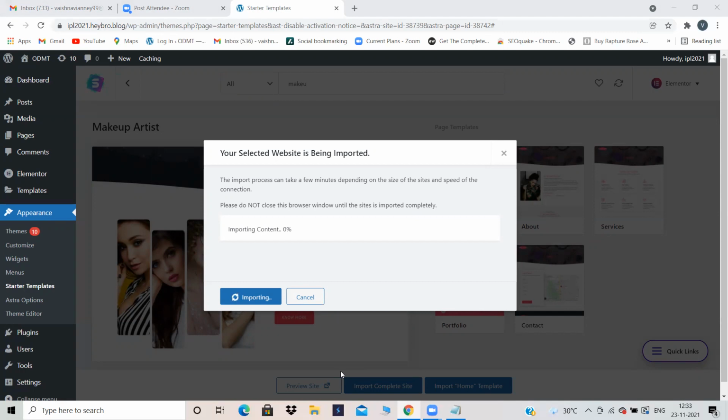It takes a lot of time to get imported actually, at least 2 to 3 minutes, because the whole website has to be downloaded, right? So that is the reason it will take some time.